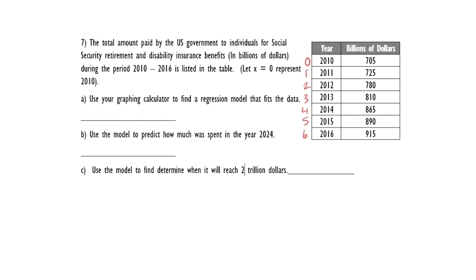All right, so now this time I'm going to go to Stat, Edit. You got to do this with me. We're going to put in our numbers. So my X's, my list 1, is going to be 0, 1, 2, 3, 4, 5, and 6. And in my list 2, I'm not going to add the zeros. I'm just going to remember it's in billions. And I just write the 705, the 725,